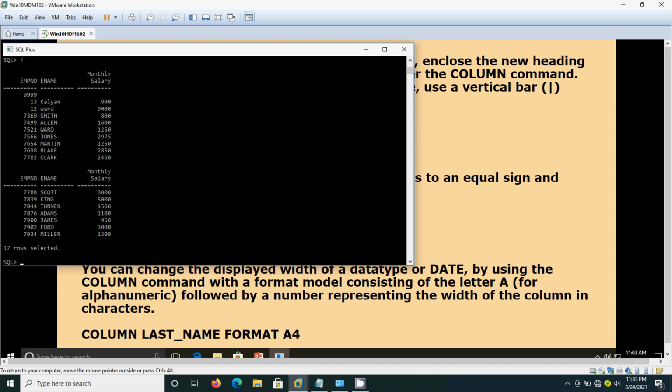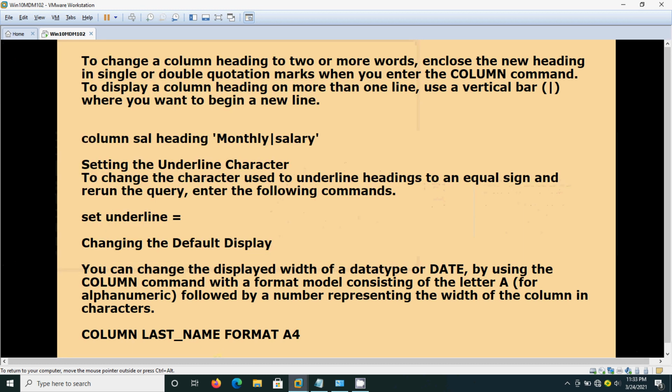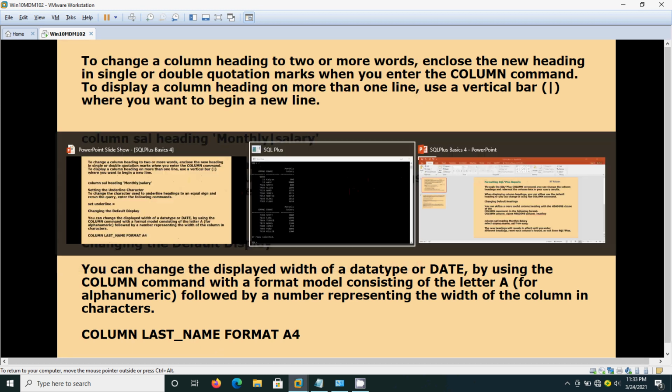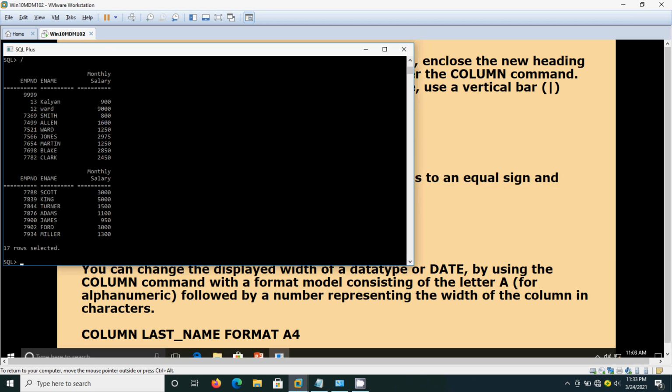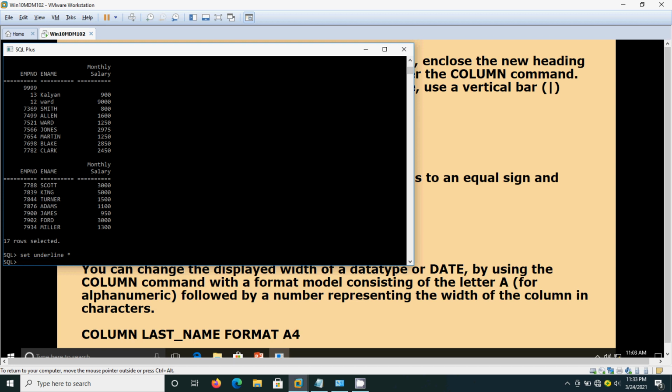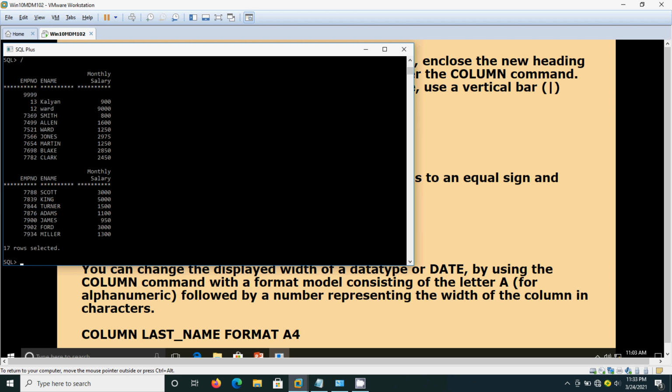Now it has changed to equal to. Likewise, we can change the characters.